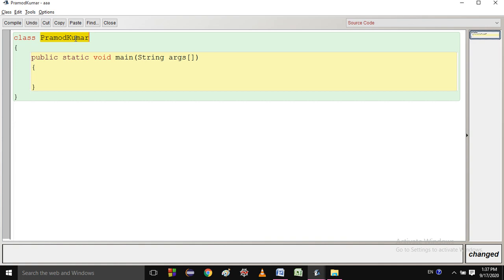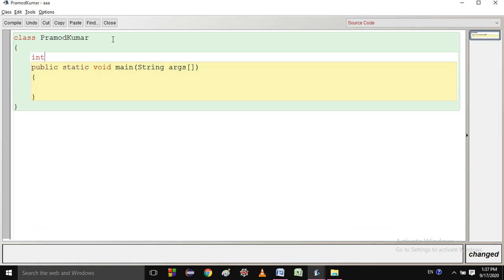So let me write one more thing. Suppose I have variables like int a and b, where a equal to 10 and b equal to 20. Suppose I need to print this a and b. You know that these variables are just properties.